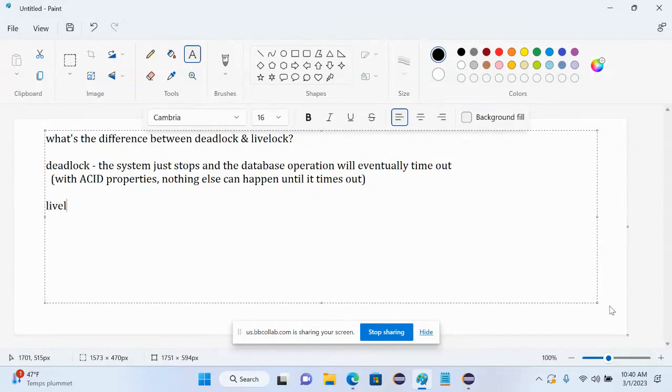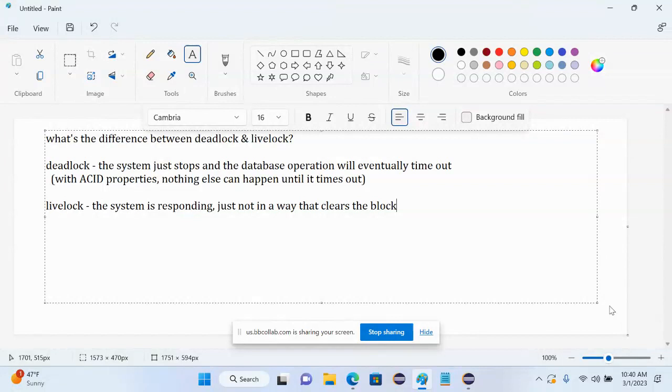With live lock, the system is responding, just not in a way that clears the block. Okay, so again, the everyday example I give is two people walking down a narrow hallway, just room enough for two people. They're walking towards each other, they're on the same side. They get close to each other, they see each other, they're like, oh, I can't get past you, you can't get me. So you try to step to the side. Well, just at that second you step to the side, so does the other person, and you're still blocking each other. And then you're like, what just happened here? And you both step back to the other side where you were before, and you're still blocking each other.